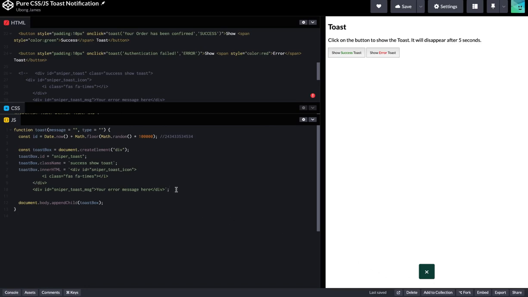So let's do that. We're going to add an event listener. Now we're going to listen to the end of the animation. So we're just going to select the post. We're going to say document dot querySelector. Let's just pick it from here. We're going to say, since we've given it an ID,